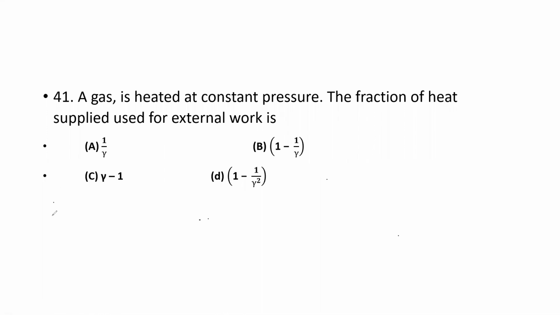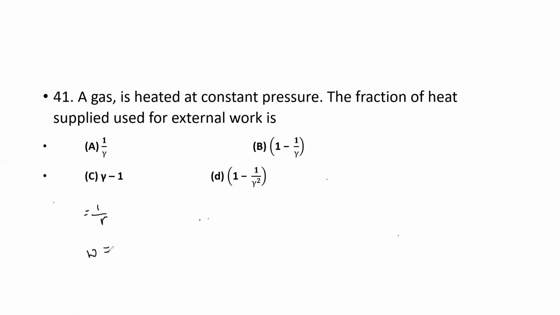We know that the fraction of energy which goes to the internal energy is equal to 1 divided by gamma. So the fraction of the supplied energy used for external work is equal to